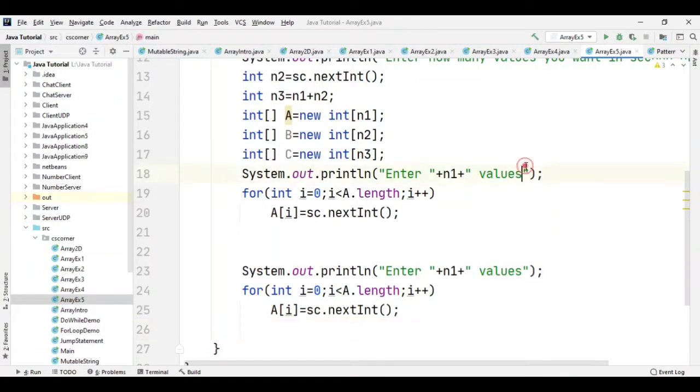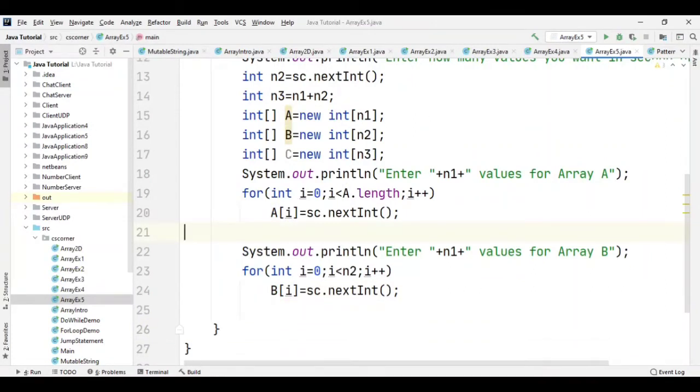Let me be specific for array A, and here also for array B, and then here I can make it b.length, or let me write n2, and then here I have to make it B. So now I have values in my array 1 as well as array 2.